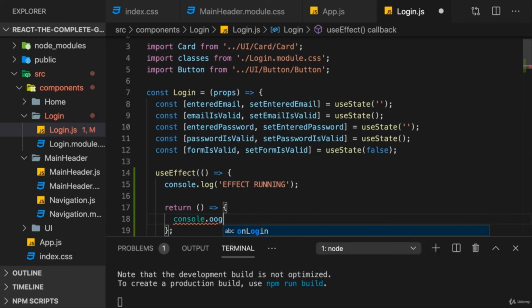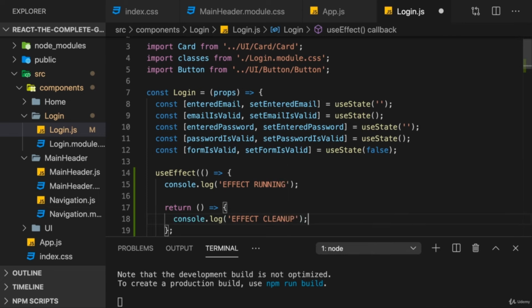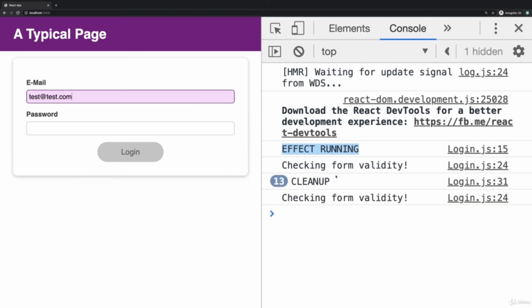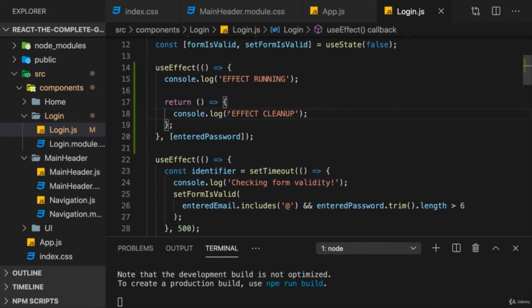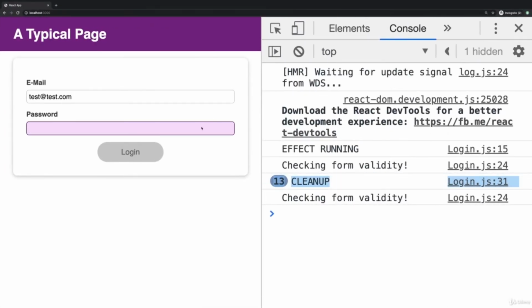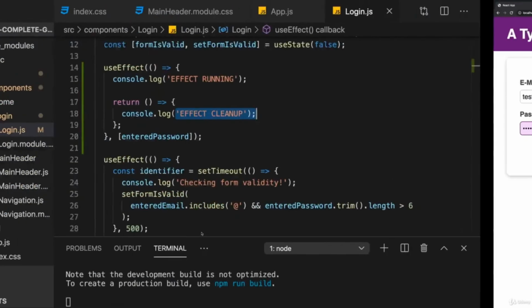So here I will again log effect cleanup, save this. We see only effect running here for the first render cycle. For the email, nothing happens. That's a different cleanup log. This is coming from our other effect. So effect cleanup did not print yet. But once I start typing in the password, we see effect cleanup being triggered, and it triggers before the effect